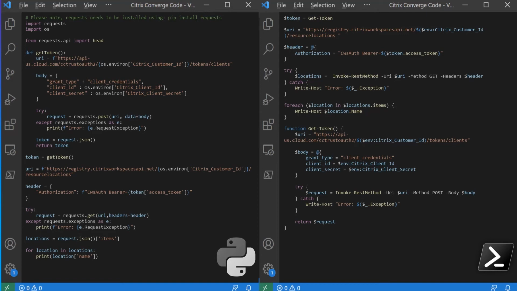They get the token and return the token as an object back. In this case, once we have the token for our authentication, we can call the URL to get the resource locations. In this case, it's registry.citrixworkspaceapi.net, your customer ID, and then the resource locations. In both cases, we need to set up a header this time, and in the header we specify that the authentication is done by using a bearer token,